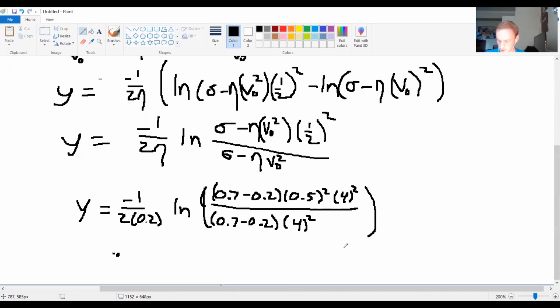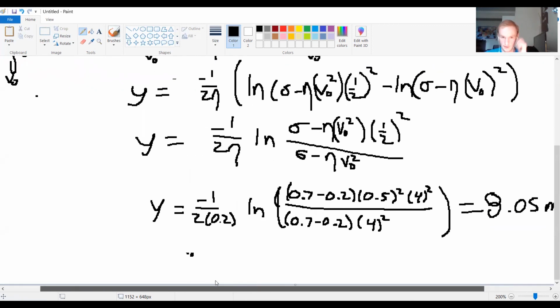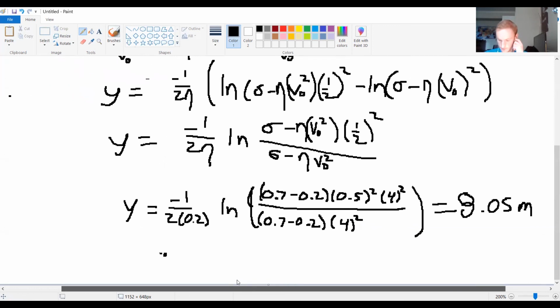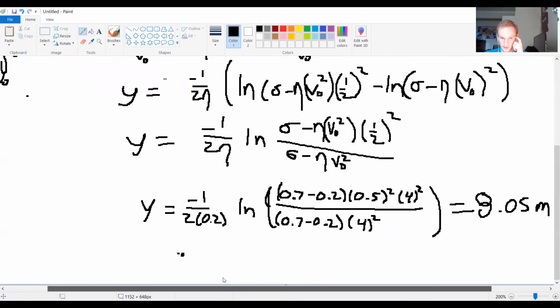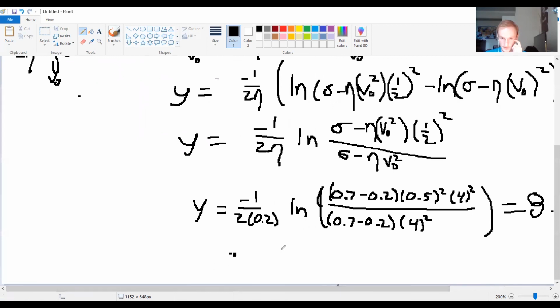And then, if you plug all of this into your calculator, you are going to get that this y value is equal to 8.05 meters, which is quite a lot of fluid actually, if you consider what that diagram looked like. So, yeah. And then it also asked the question,